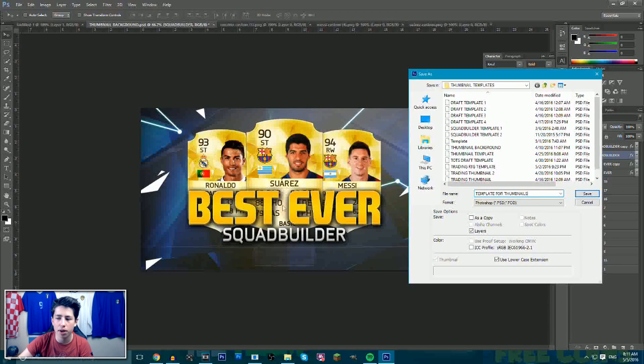All you need to do is just replace the players. You know exactly where they are because you just cover them here, and then you can just delete them from this little selection here, and then you can just change the text and it's going to keep the same effects and everything. But if you do want to use it specifically for YouTube, just call it, for example, best team